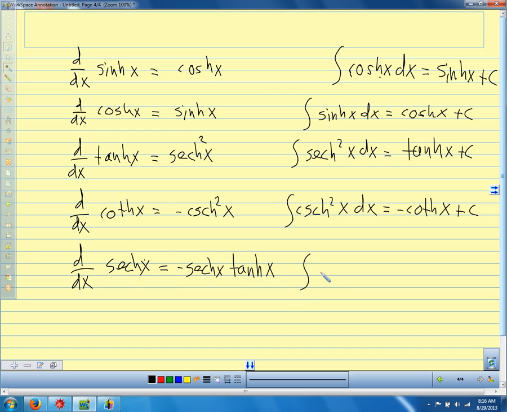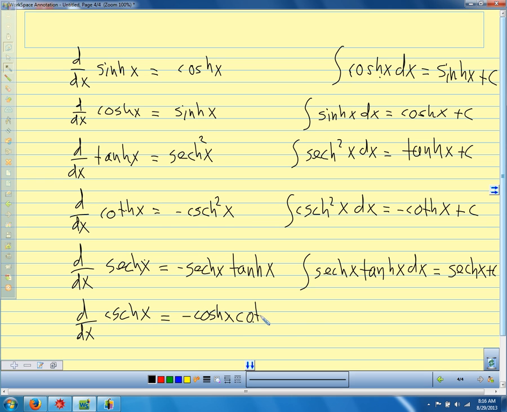So the indefinite integral of sech x tanh x dx is negative sech x plus c. And finally, completing our list, d dx, now this is a little tedious, csch x equals minus csch x hyperbolic cotangent x. So the indefinite integral of this quantity